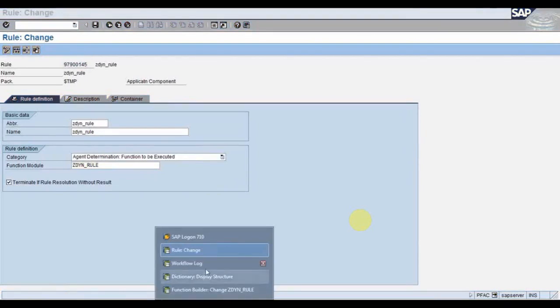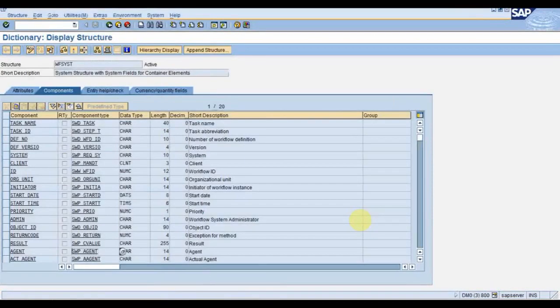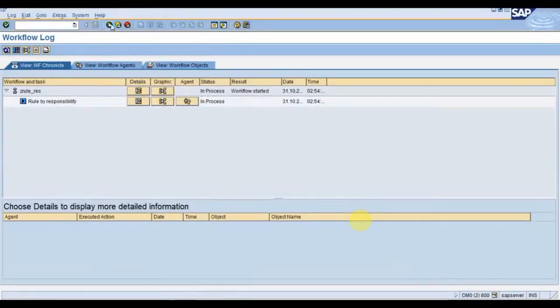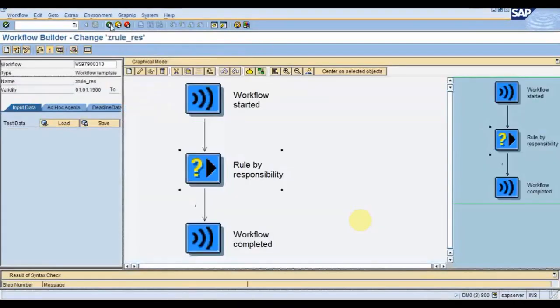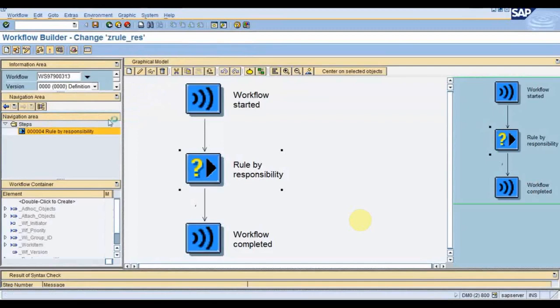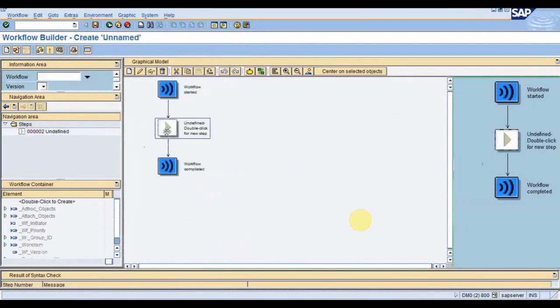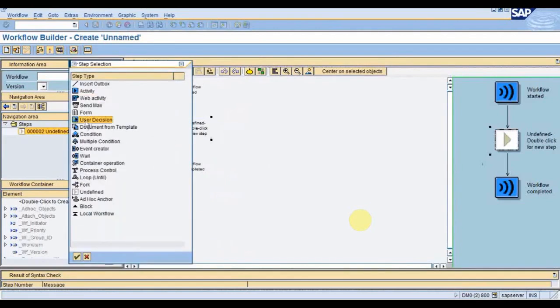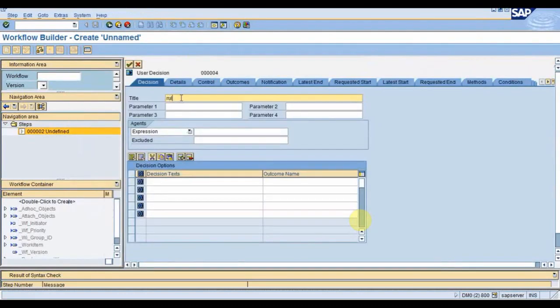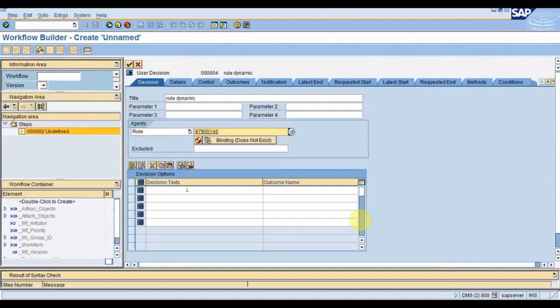and go to workflow builder. Let me create new one. In rule, select the rule and paste this particular value, that is the number generated out of that rule.